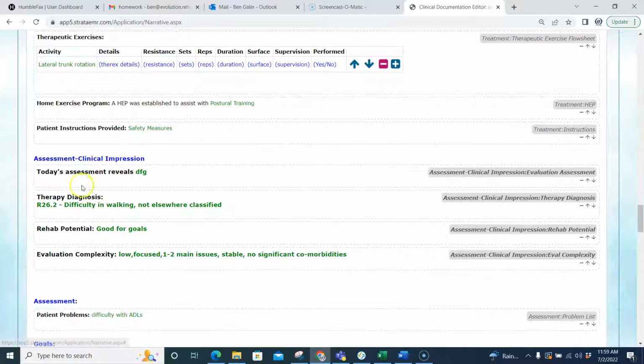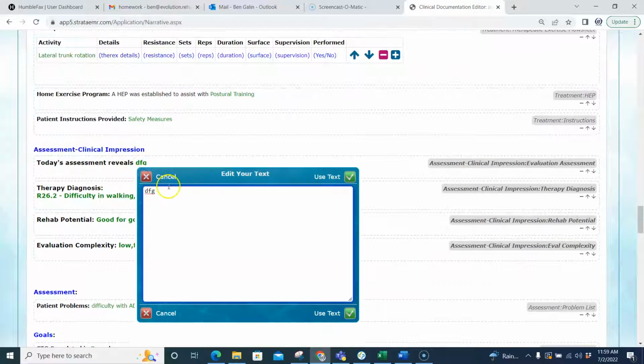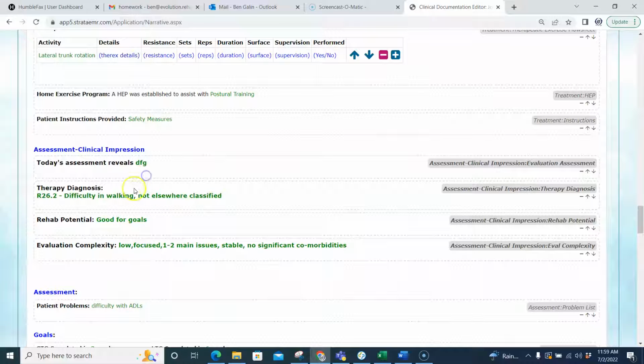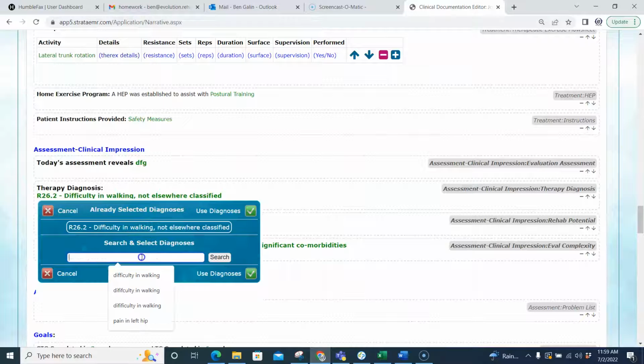When you get to this section here, today's assessment reveals, this is where you just type in like your overall clinical impression. You put in your diagnosis here by like